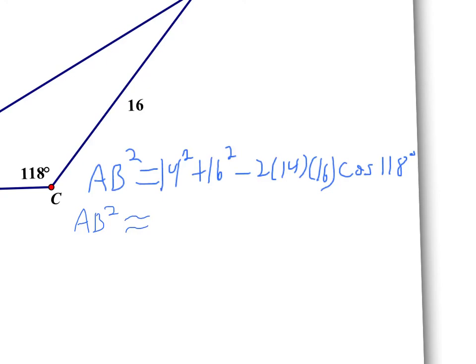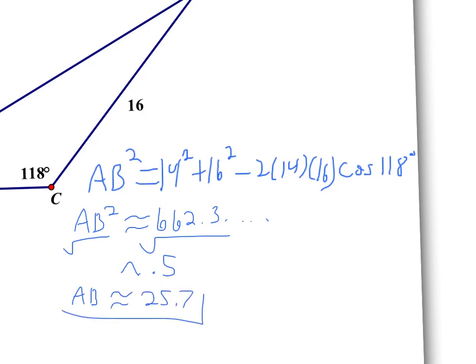So I'm just going to type in 14 squared plus 16 squared minus 2 times 14 times 16 times cosine 118. And I get approximately 662.3, but that number keeps on going. So we need to take the square root of both sides. Remember that a shortcut way of taking the square root is to raise that to the 0.5 power. So you just go to the 0.5, and AB approximately equals